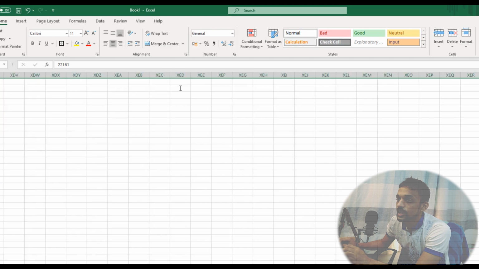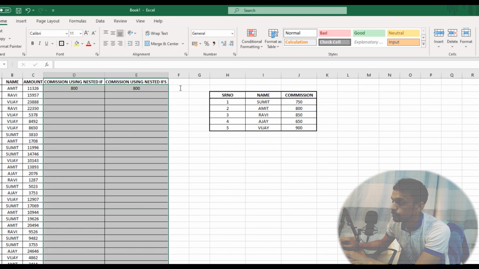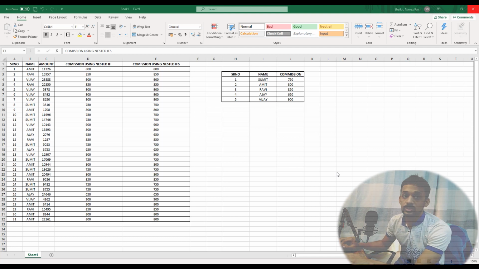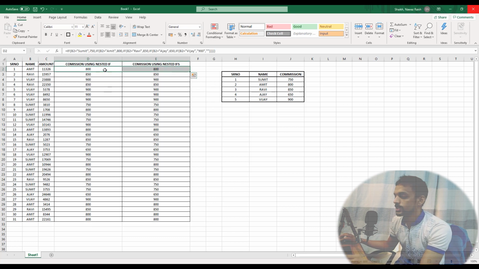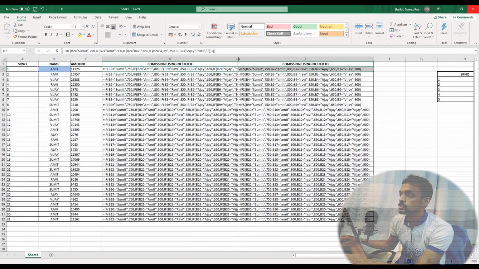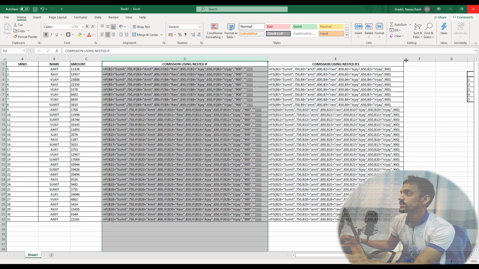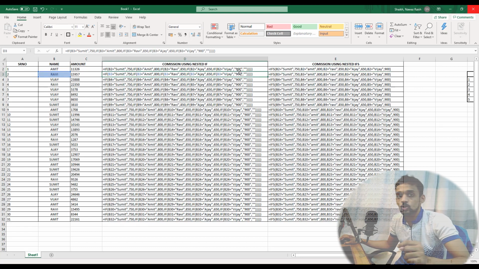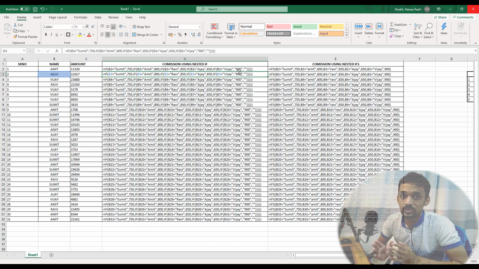Now let us drag both the formulas to see whether both the results are matching or not. Both functions are giving the exact same result. So let's see the difference between both the functions. I will select this range and use the show formula option over here. You can make out the difference between both these formulas. How simple is the IFS function and how complicated is the nested if function. Now you decide what you want to use. You want to go with the simple form or the complicated form.